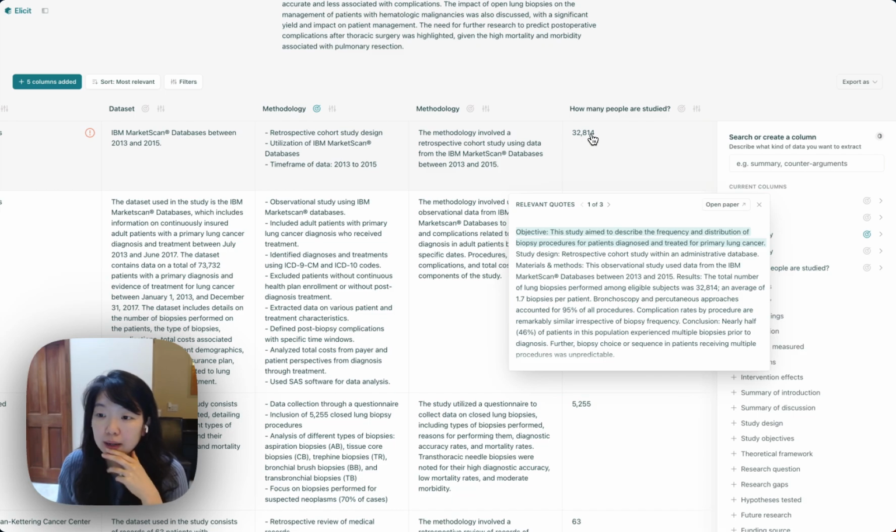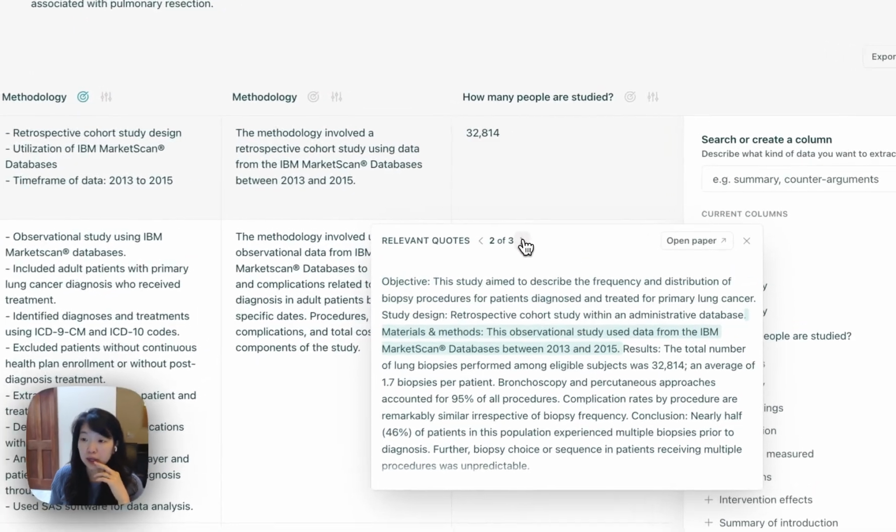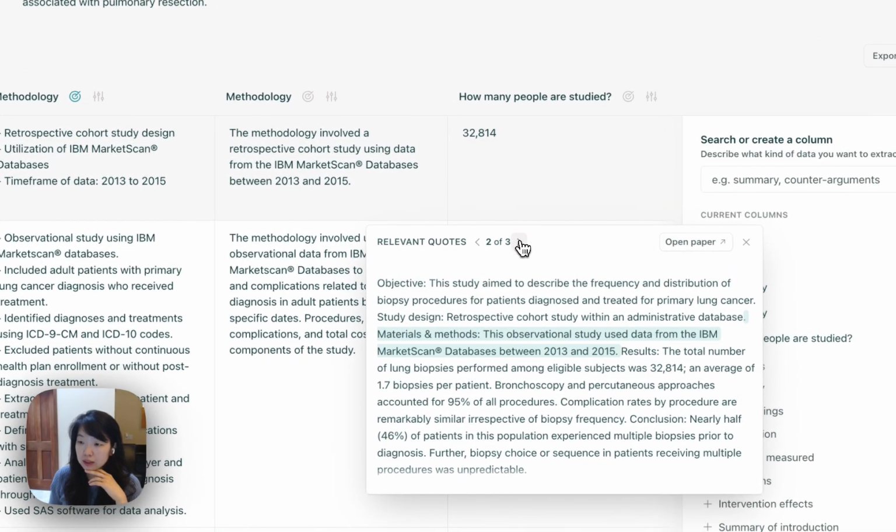So yeah, let's see. If I click on any of these generations, I'll see relevant quotes here. So you can see the quotes we pulled from the paper. You can tab through to see what is relevant. And it seems like here it's actually saying that the biopsies performed was 32,000, an average of 1.7 biopsies per patient. So my guess is that actually this number is wrong,